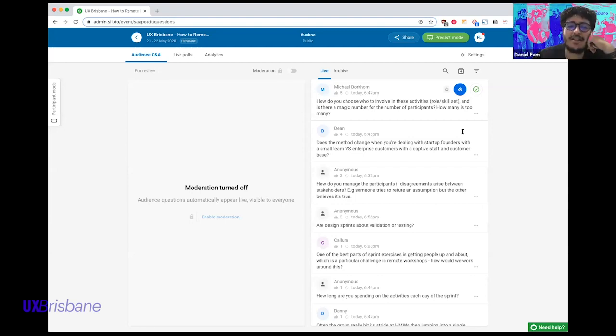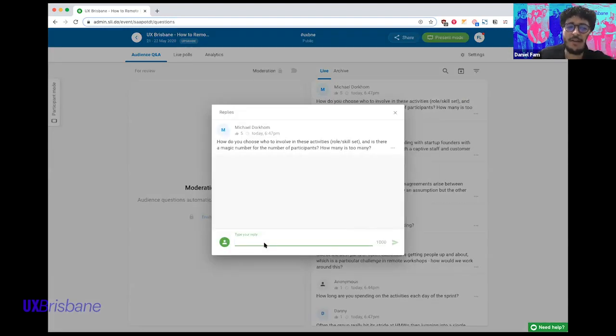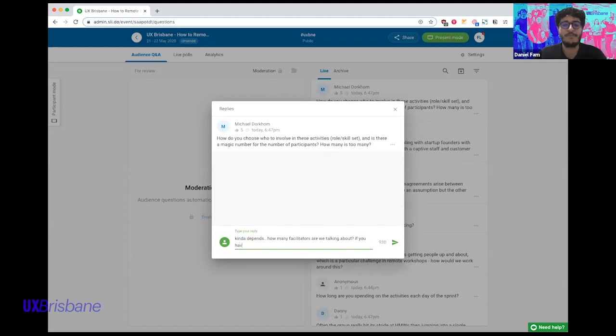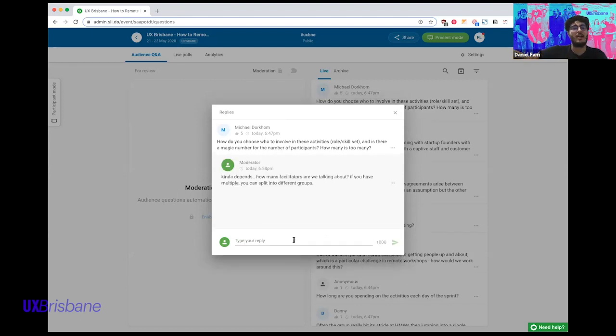I just have a quick take on this. To be honest, it depends on the number of facilitators you have there, and on who you're doing the sprint with. You can have groups where a lot of people want to be involved, but if you have a good number of facilitators, it can be split into 2 groups in one big room. We've done that. You want the team in your squad to have variety, covering different aspects or different departments, so that when you're getting your results, it is good.